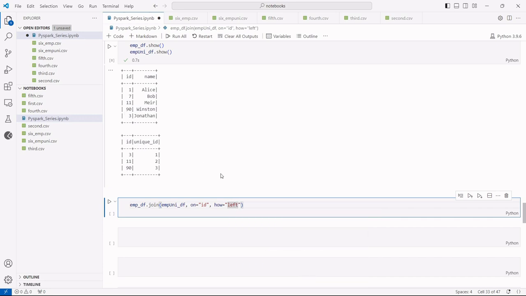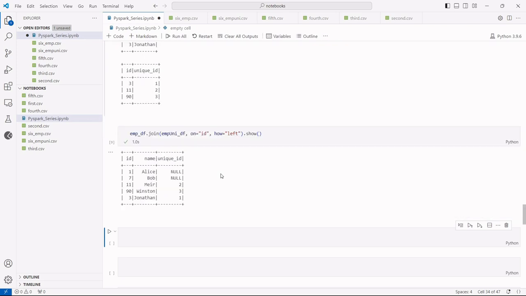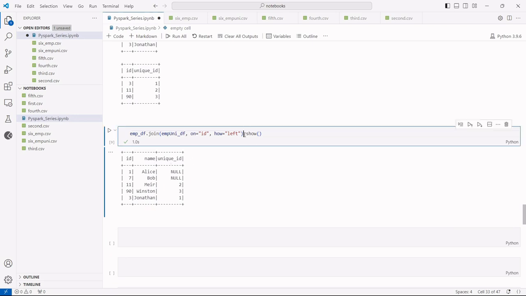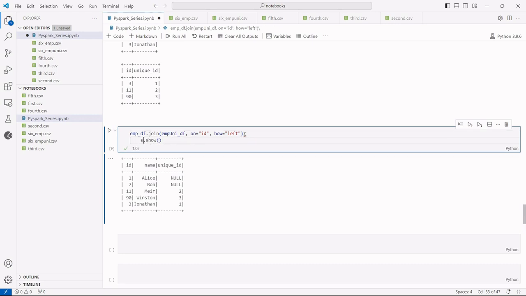So we'll write left and do show. Let's see what output we are getting over here. As you can see, we are getting three columns: ID, name, and unique ID. So first of all we'll select only the required columns, and then we'll see